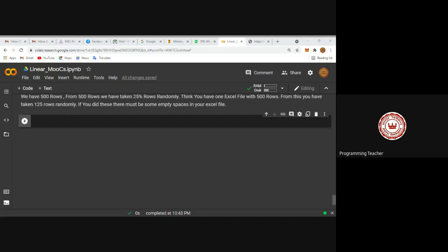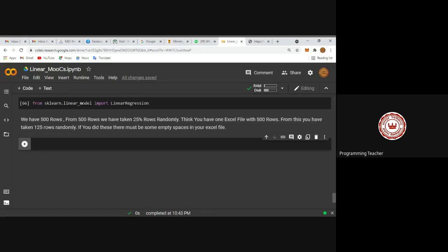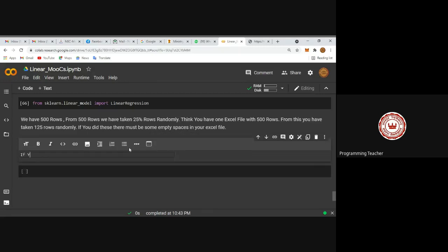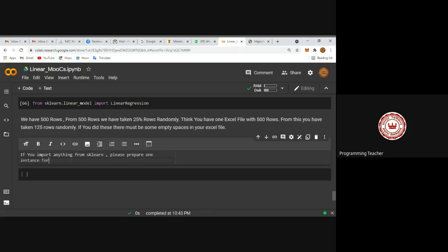There is an option. Parallelly, you have to take one more thing. If you are importing anything with the help of sklearn, you have to create one instance for it. So this is also an important step. Don't forget, if you import anything from sklearn, please prepare one instance for it.